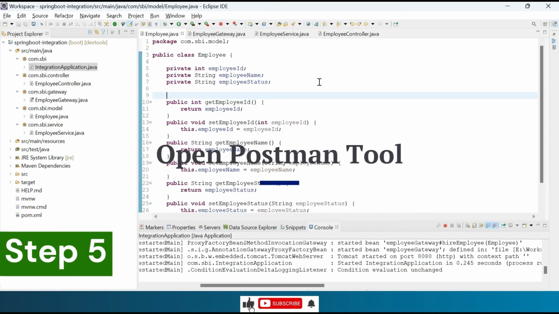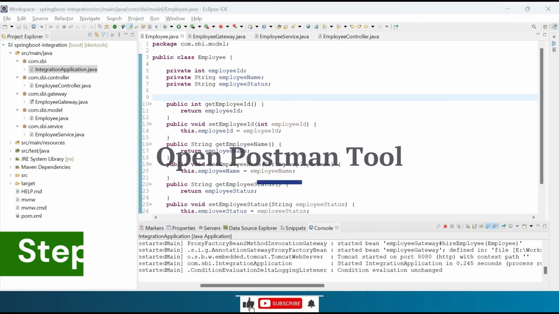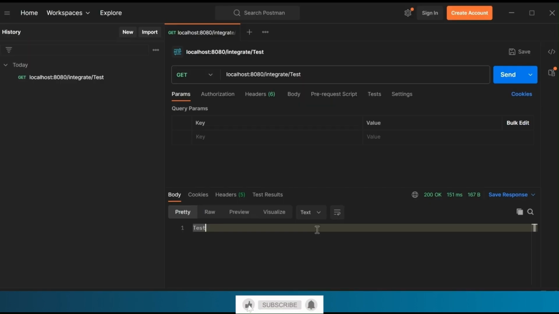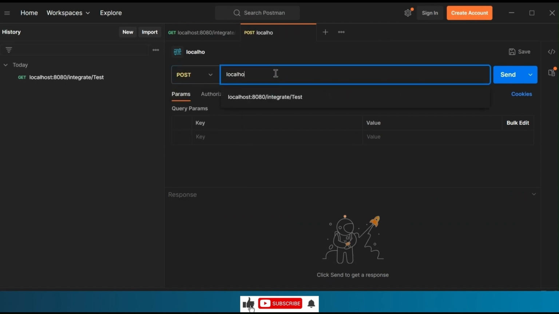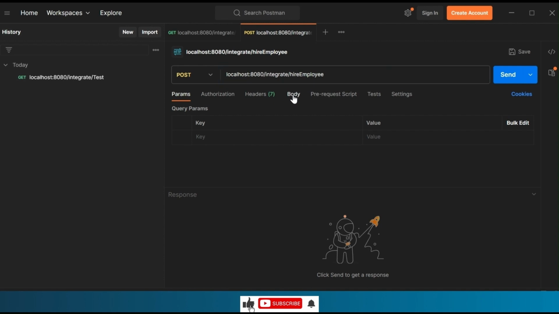Step 5. Open the Postman tool. Make a post call using REST API: localhost:8080/integrate/hireEmployee. Select body, raw, JSON.